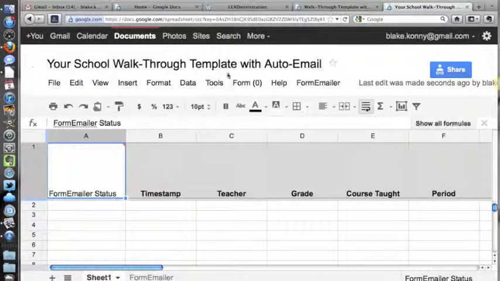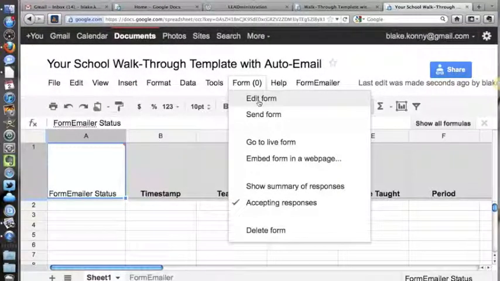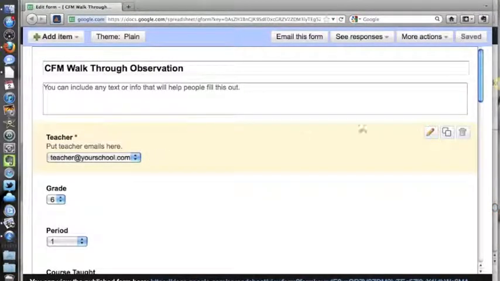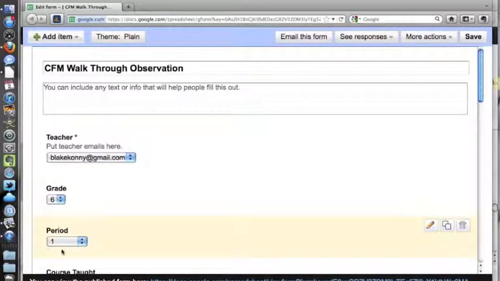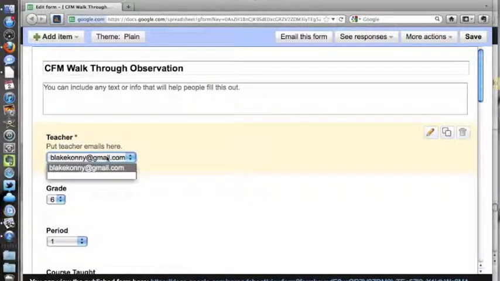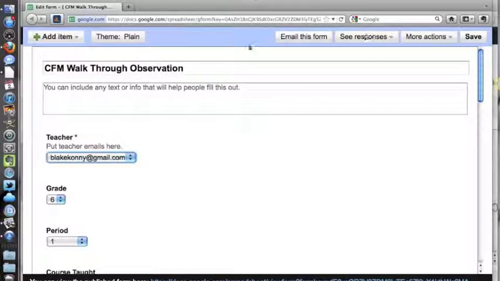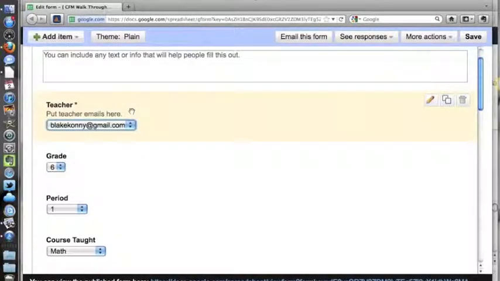So to make it usable for your school, what you're going to want to do is edit the form, and you will need to put all the teacher names, and you have to use their email addresses so that it can email them. I have about 26 teachers at my school, and so every single teacher was able to be put into my form. So I know it can hold a lot. I actually don't know what the limit is. So you would put all your teacher names here and then just go through and select. Once you've done that, and change any other questions that you'd like to,